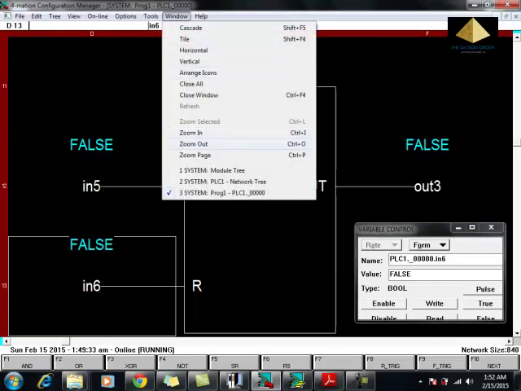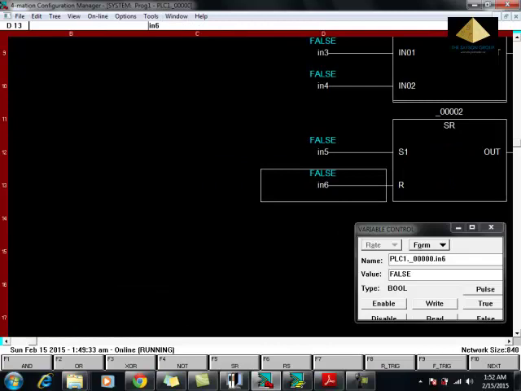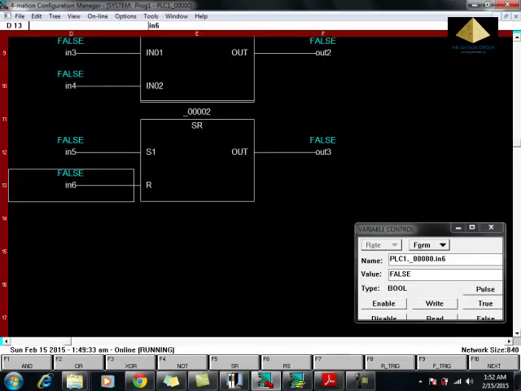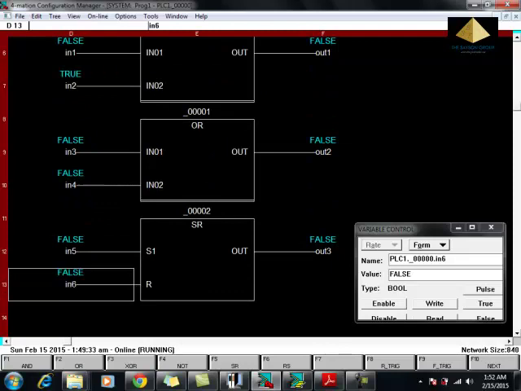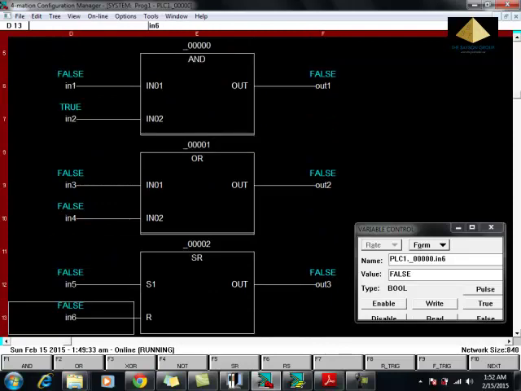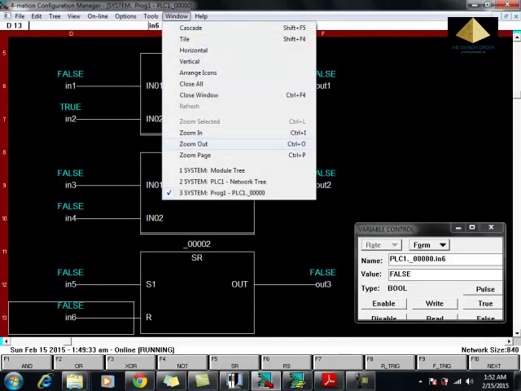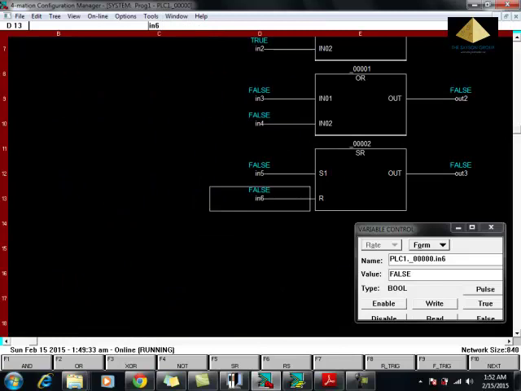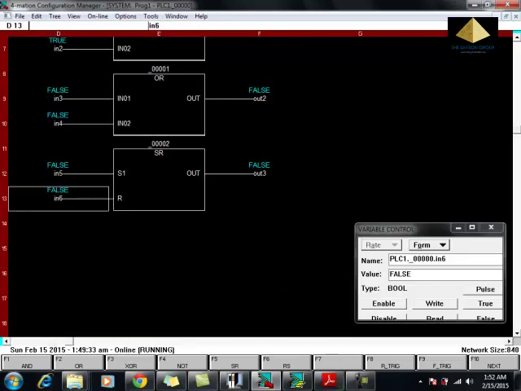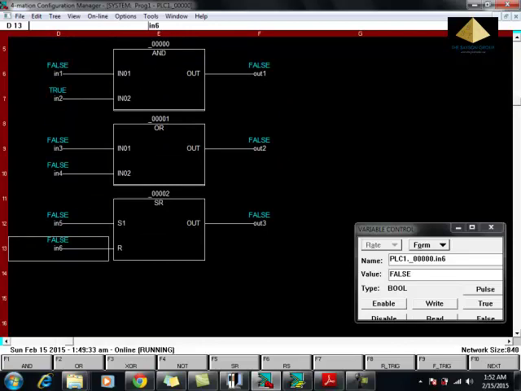Let's zoom out. Okay, so now we have covered three commonly used logic blocks. We covered the AND, the OR, the SR. Let's